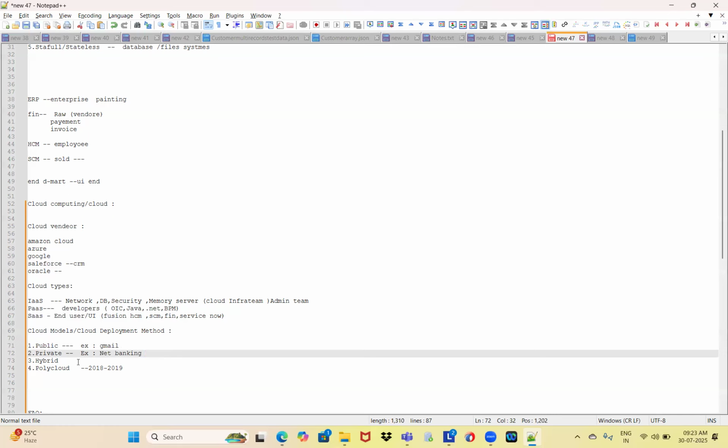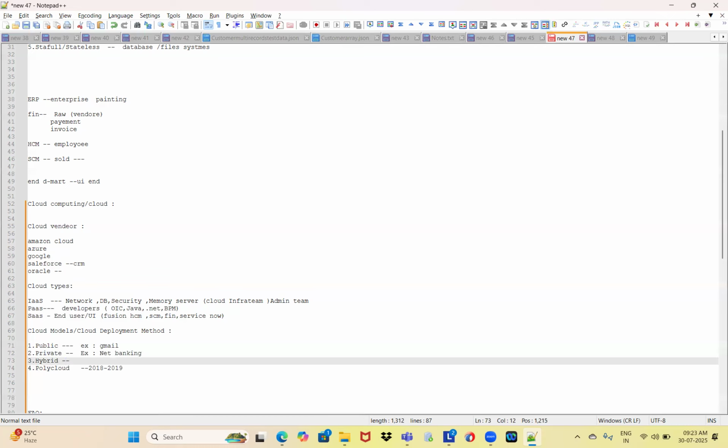Okay. And coming to the hybrid, the hybrid combines both. It combines the advantages we have in the public and private, right? It comes under the hybrid deployment method.